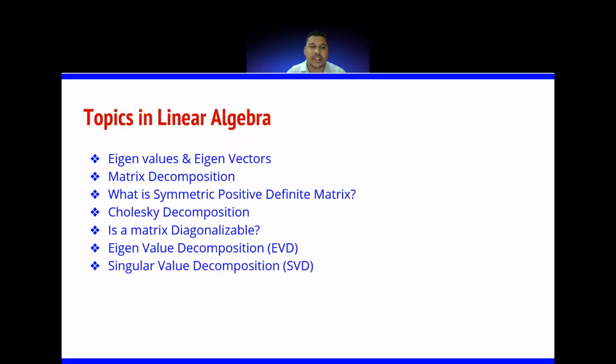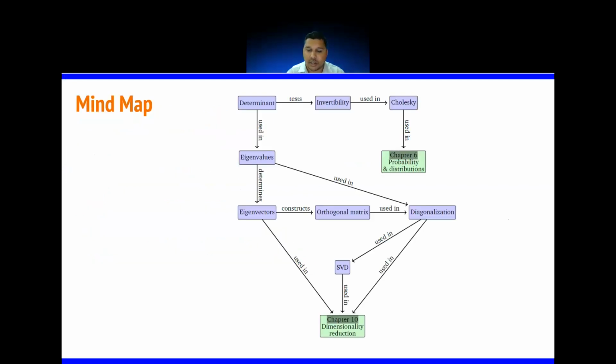So let's see matrix decomposition. What is matrix decomposition and what are different types of matrix decomposition techniques available to us? So this is one mind map which explains how the eigenvalue, eigenvectors and determinant are used in different concepts of